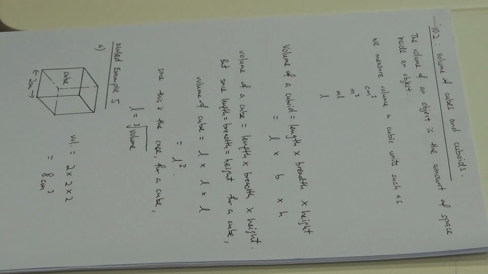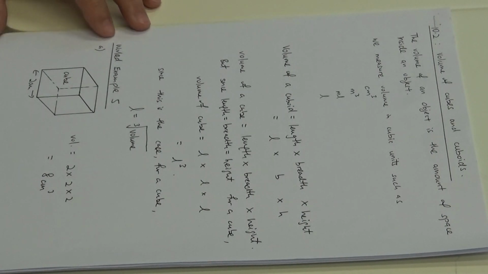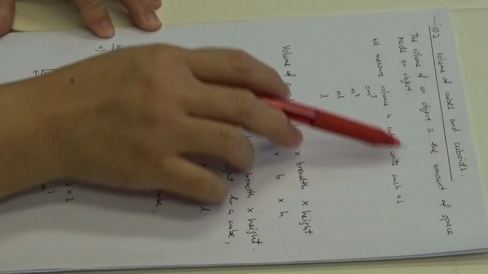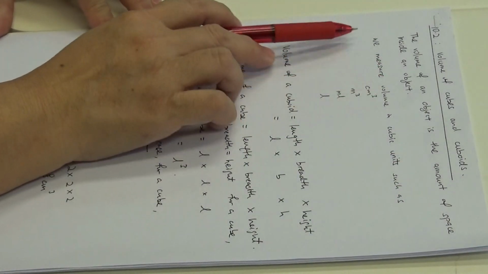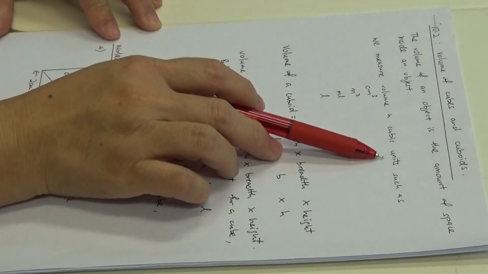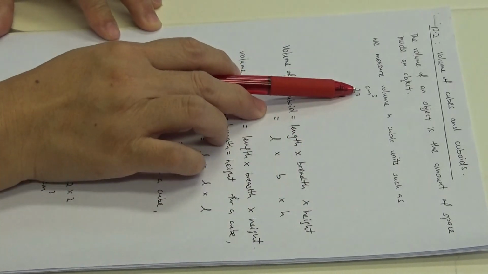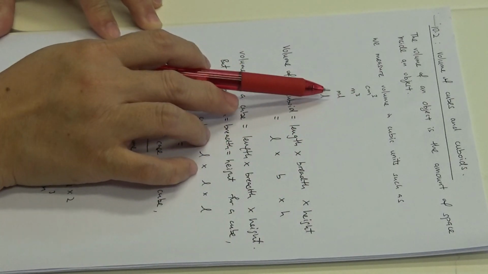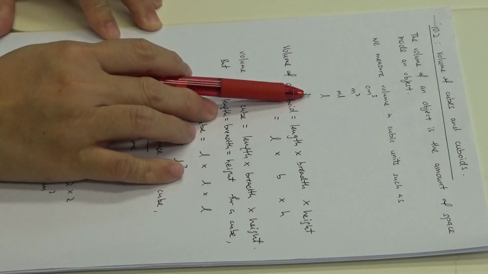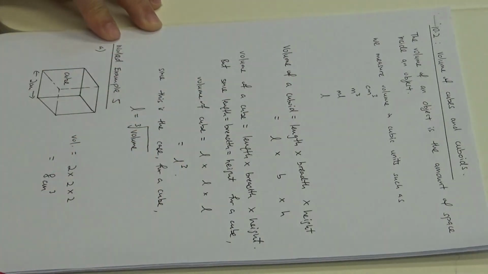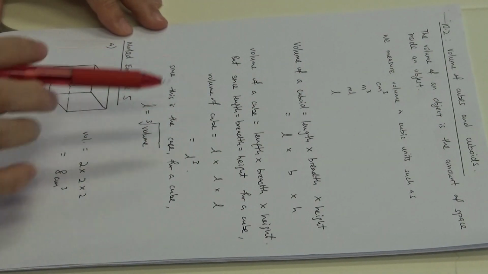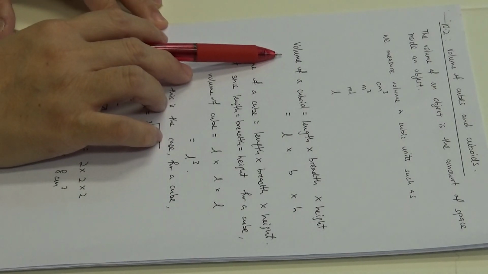In this section, we will be going through volume of cubes and cuboids. The volume of an object is the amount of space inside an object. We measure volume in cubic units such as cm cube, meter cube, milliliter or liters. Now you would have learned in your primary school, or even if you have not, I'm going to give